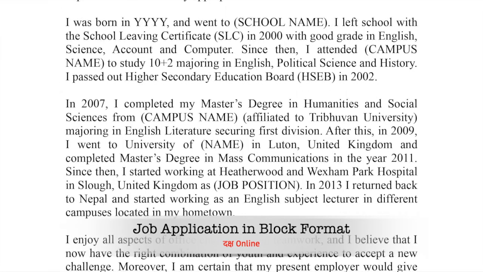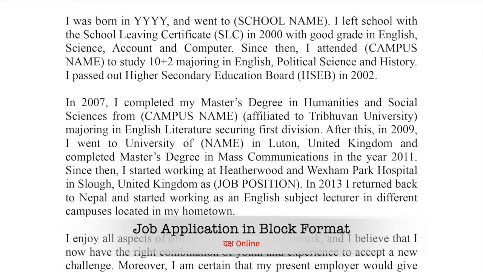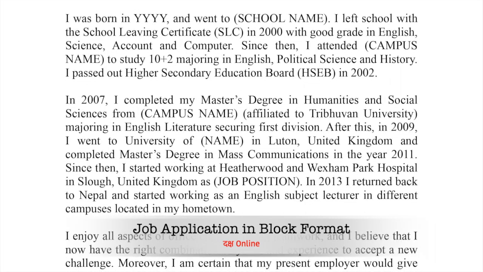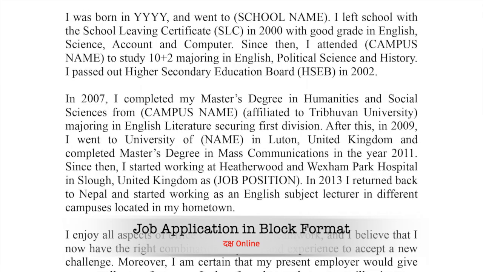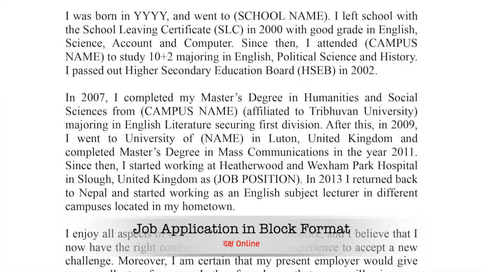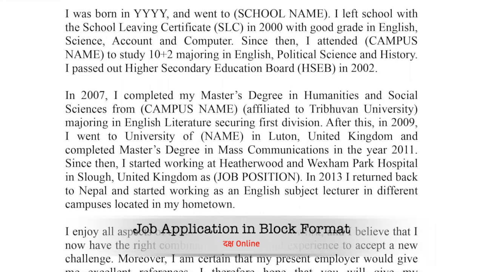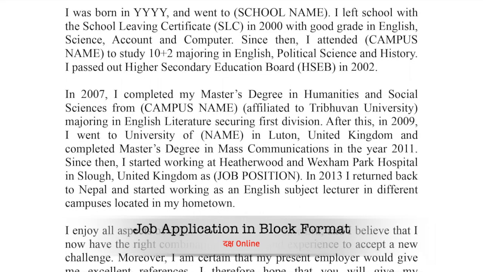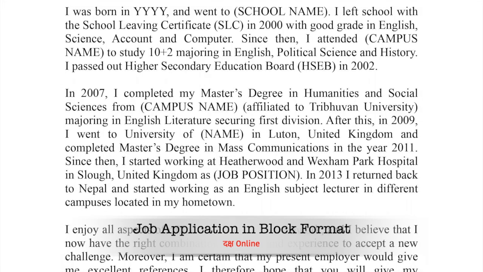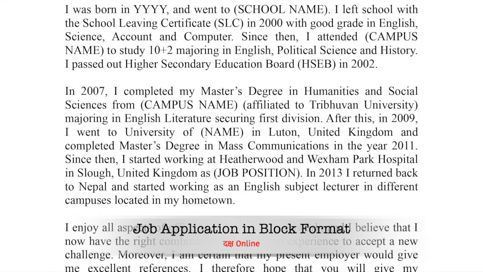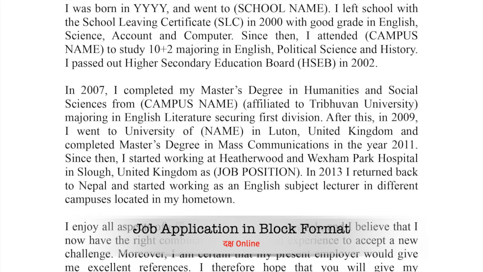Then leave 2 or 4 lines for a written signature, and this is followed by your name and designation. Remember to leave a bottom margin of at least 3 to 6 lines. So the standard elements of letters are heading and date, inside address, salutation, body, complimentary closing, and signature.